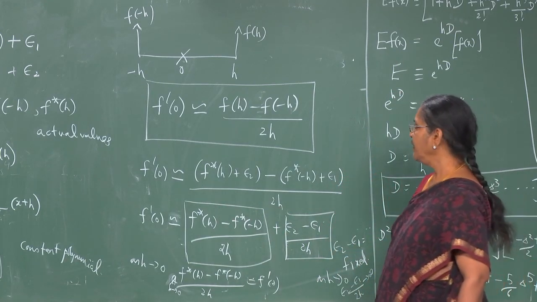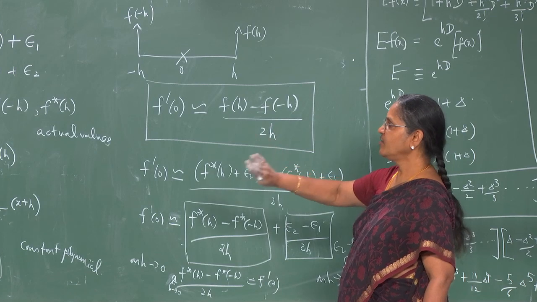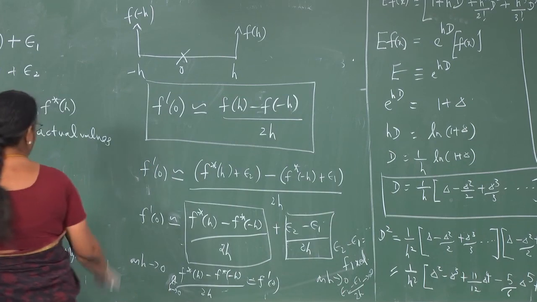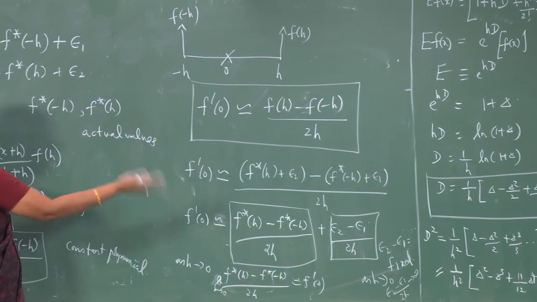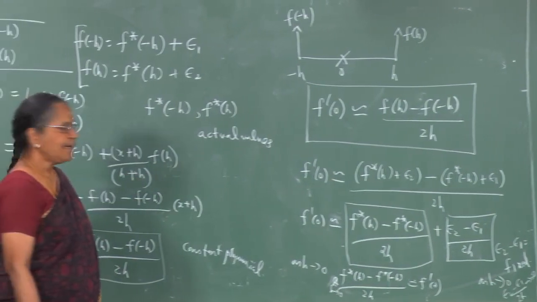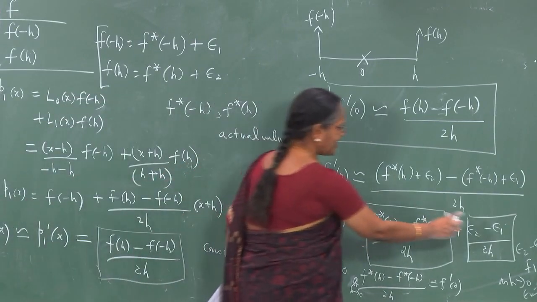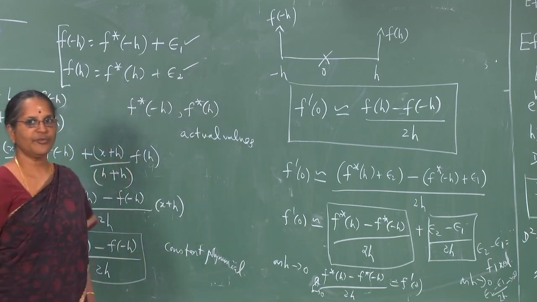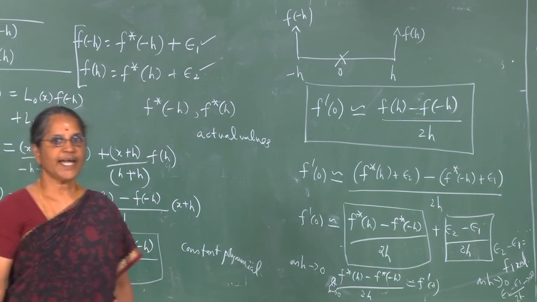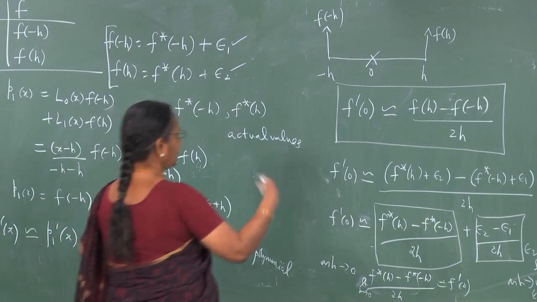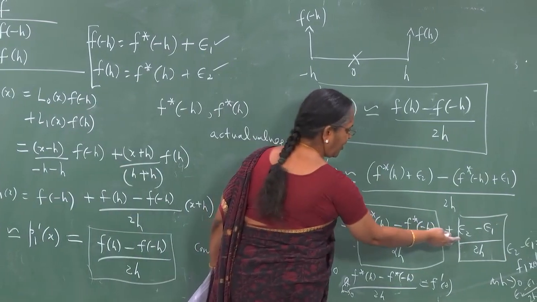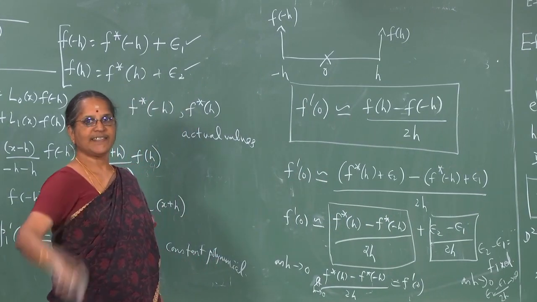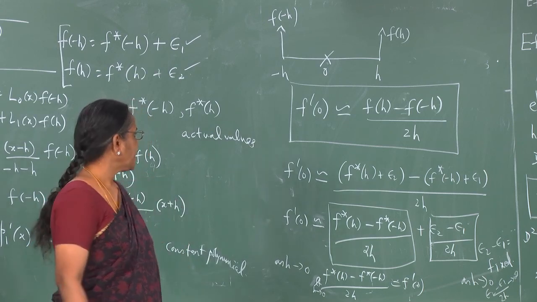So, this example essentially illustrates the fact that numerical differentiation formulas can become unstable, namely for small changes in the actual values of the form epsilon 1, epsilon 2, they are very small. Say you get large deviations in your final estimate of the derivative when the step size h becomes very small,